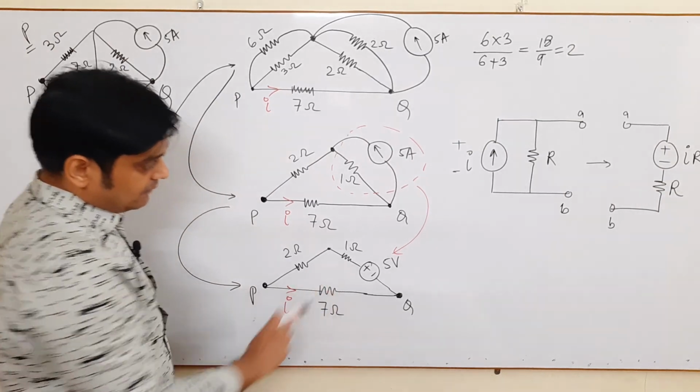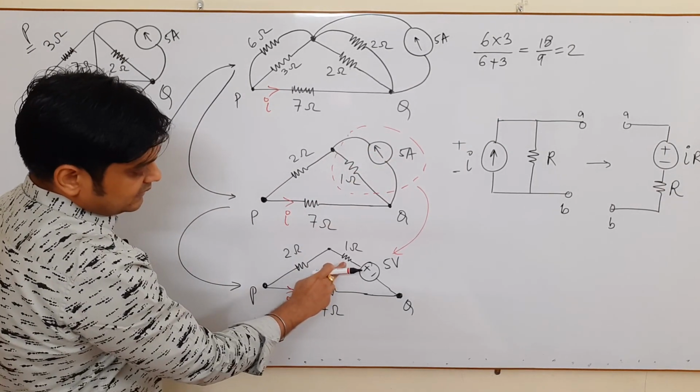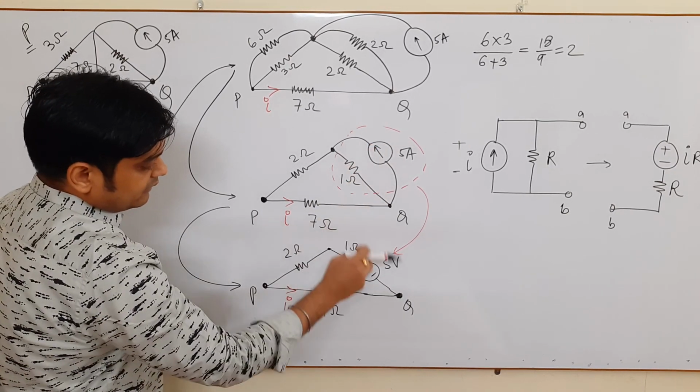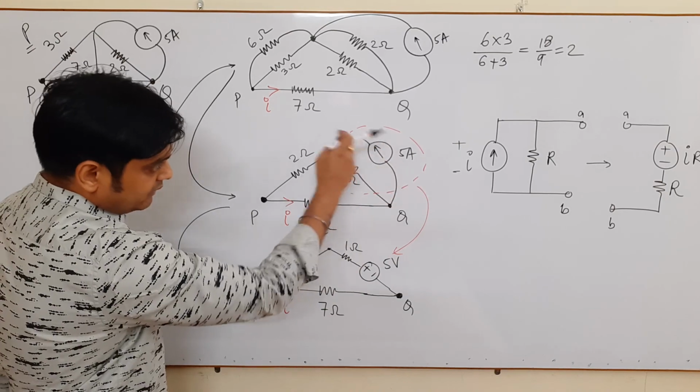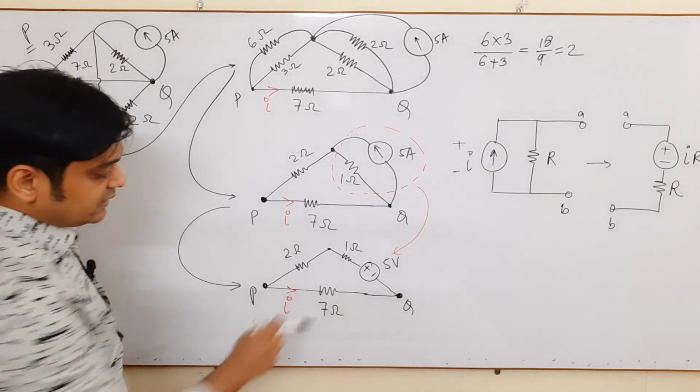And similarly I have applied it here. Now you see, when I convert into a series resistance R, that is 1 ohm, the source is converted into 5 into 1, that is 5 volt, and since it is heading towards the upside, this is the condition of your voltage source, that is 5 volt.